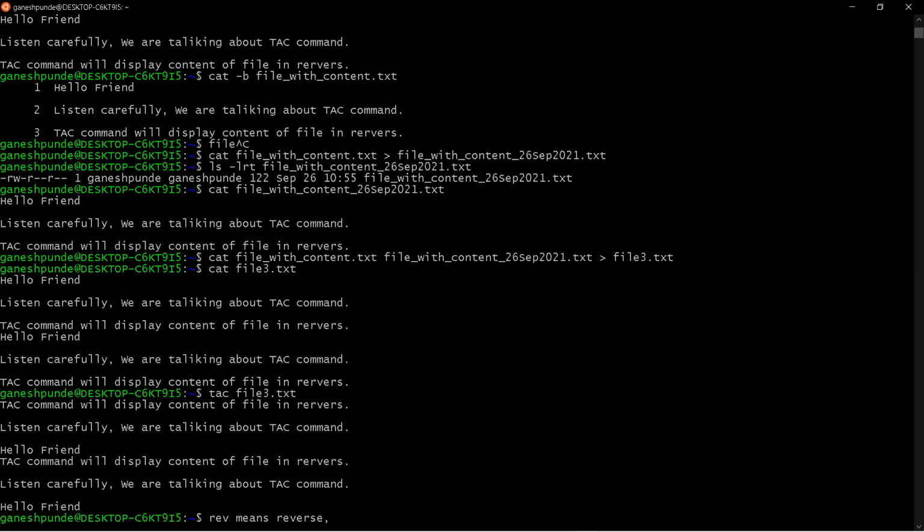So what happens in this command is each line will be reversed. Reversed means it will reverse the line, and then it will show you the content from top to bottom, right?